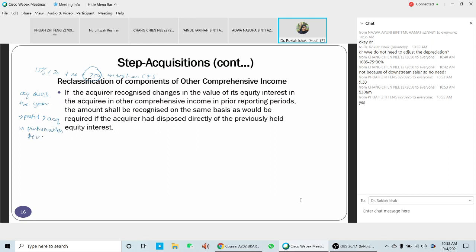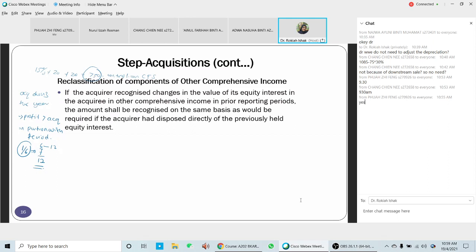Okay, for example here, you acquired control starting from the 1st of June. So you are entitled to the profit for 7 months, from June until December. Because you acquired on the 1st of June, you're entitled to a profit for 7 months. So every single item in your income statement needs to be apportioned with 7 over 12. Yeah? So this is what you have for the